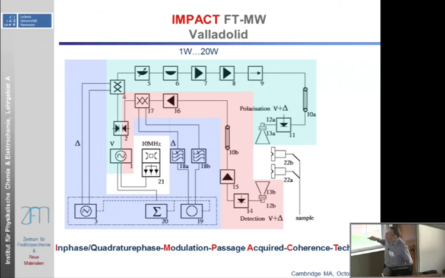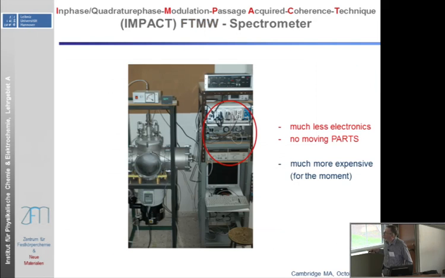So this is a traditional setup where you have two horns, no resonator here, and then you can use several nozzles in between those two horns and expand your molecular species between those horns. The disadvantage is, because of the transit time, your line width becomes large again, compared to the coaxial resonator experiment. So it's a very fast experiment for broad frequency ranges, but you lose resolution, which might hurt you if you need it.